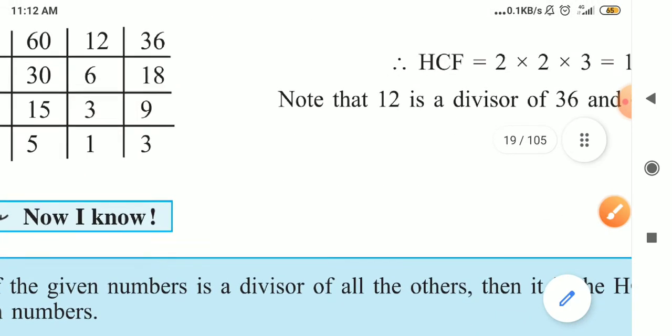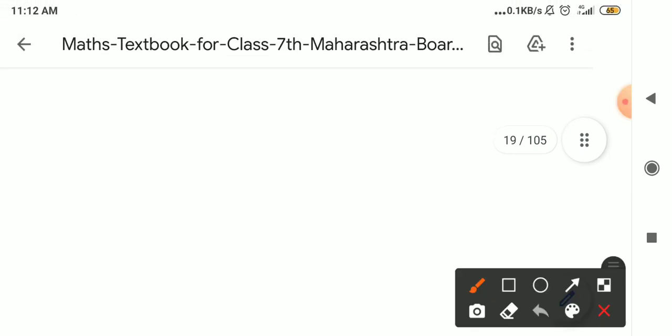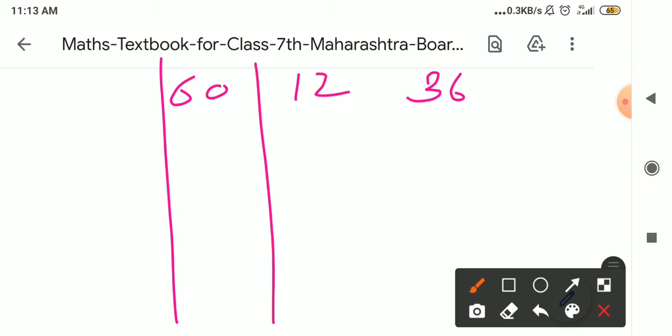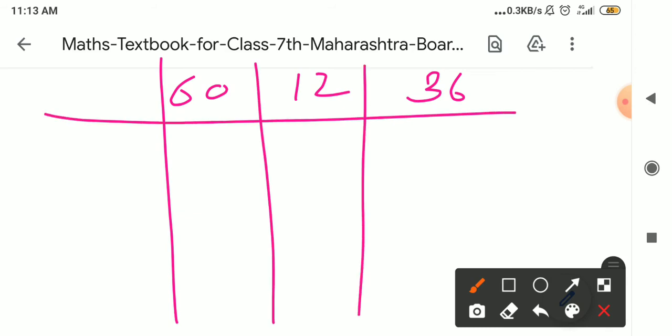Now this 60, 12 and 36. At first I taught you how to find the separate factors of these and then combine them. But now, even with 3 numbers, we can do it directly. If you see here, you will notice that these all numbers are divisible by 2. 2 1s are 2, then 2 3s are 6, 0, 2 6s are 12. Directly all numbers are divisible by 2. So directly divide these by 2.